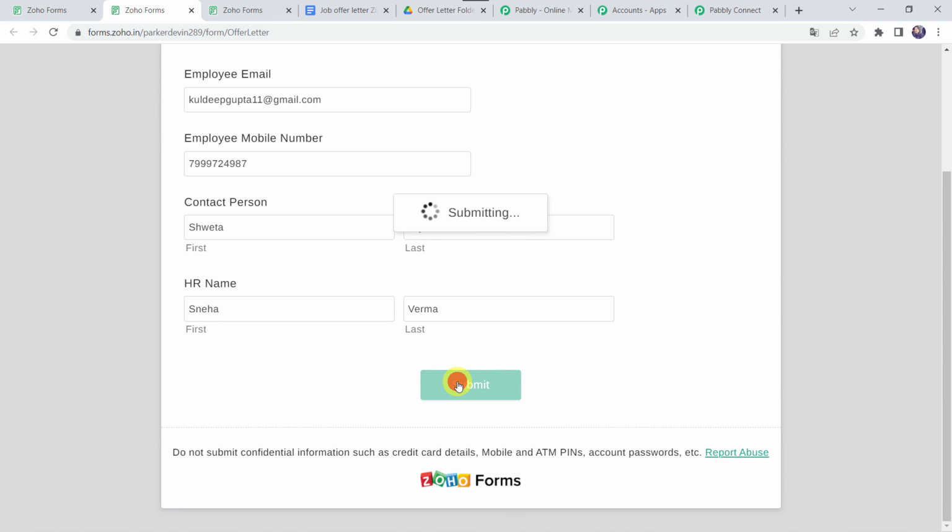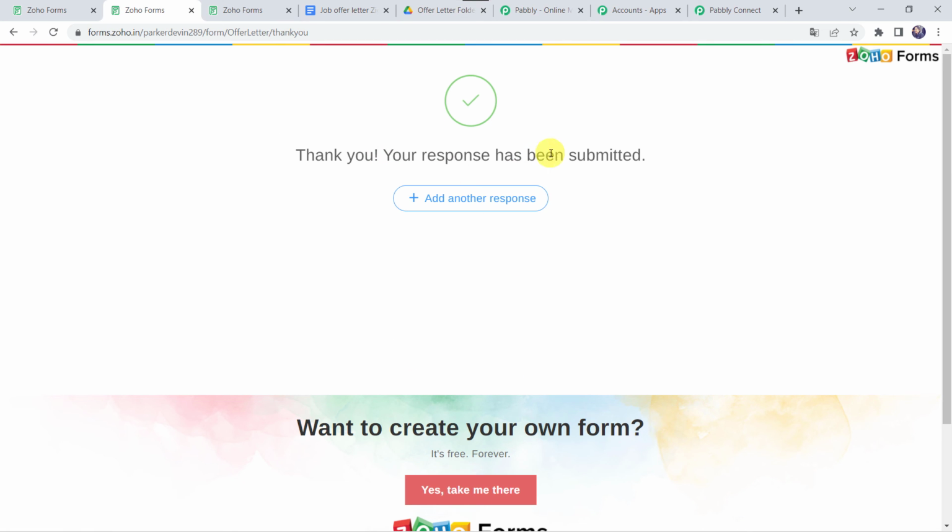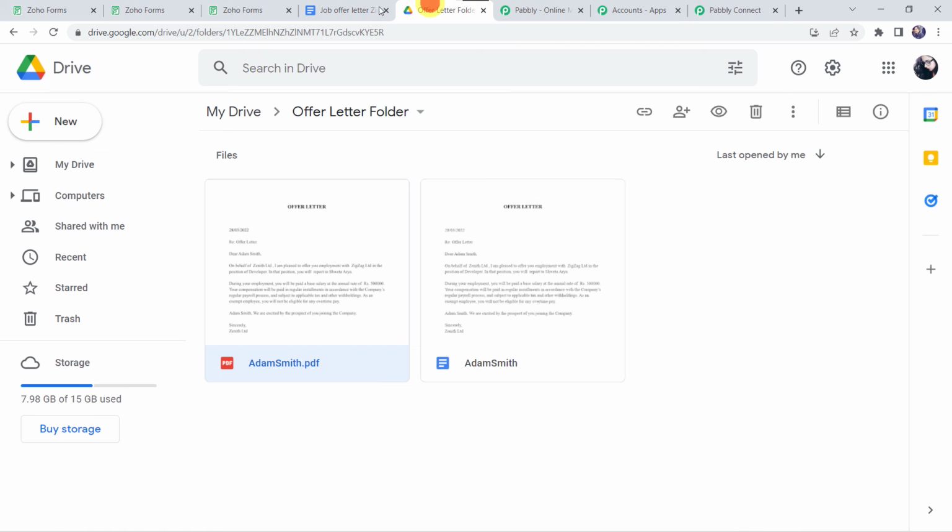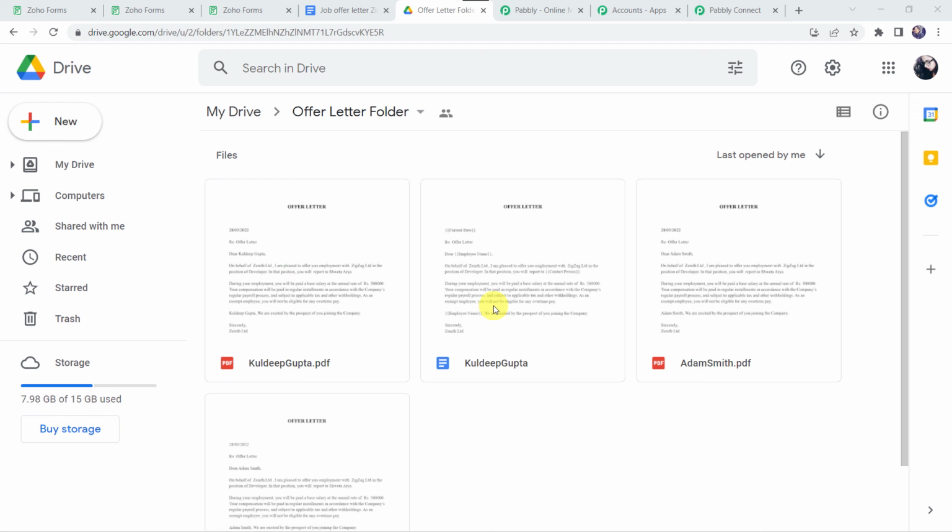Okay, and let's click on Submit. Thank you, your response has been submitted. So the form has been filled. Now we are going to check our Google Drive folder whether a new document is created on the name of Mr. Kuldeep and it is saved into the PDF file or not. So I'm just going to refresh this folder. Okay, and here we can see a new document on the name of Mr. Kuldeep Gupta, and here we can see that the same document is saved into the PDF file also,